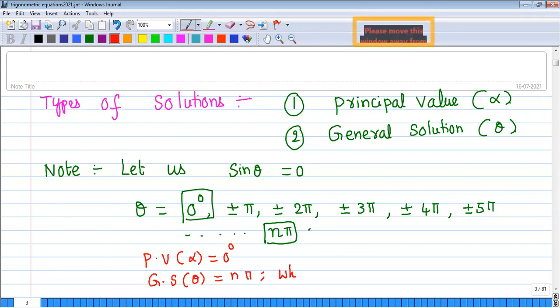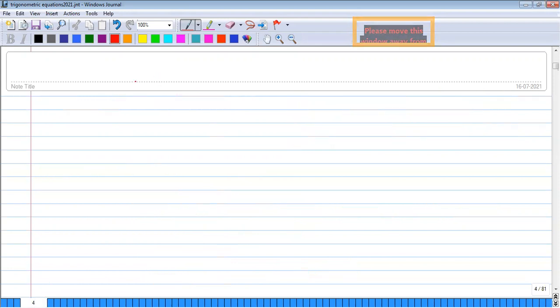where n is an integer. It is a positive integer or negative integer. Am I correct or not? Yes, sir. Now, let us consider